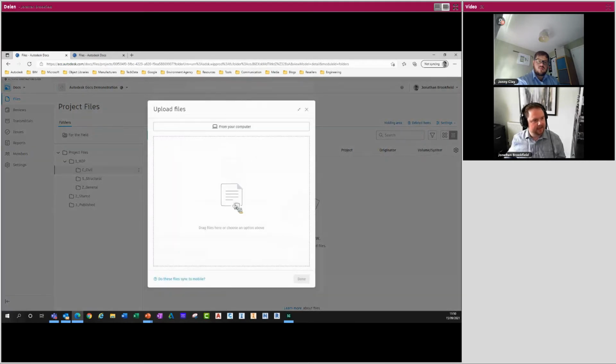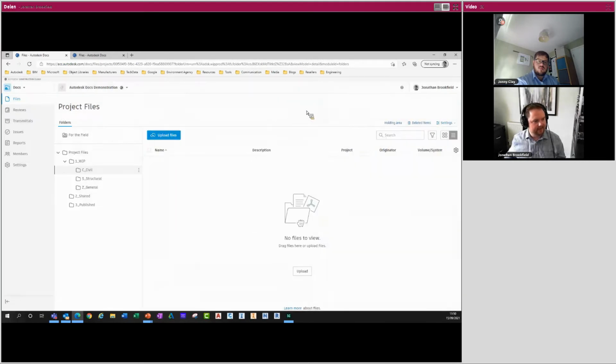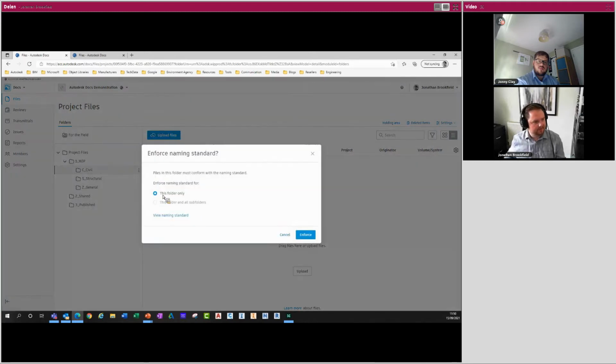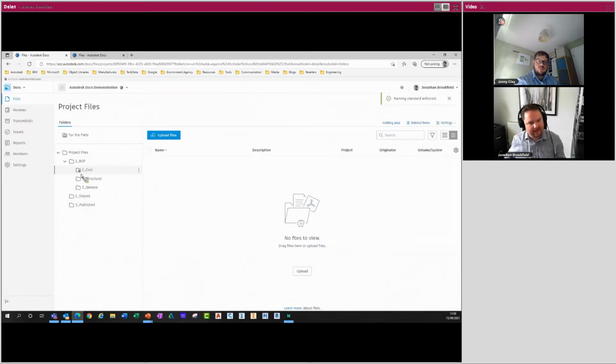If we apply, enforce a naming standard to this folder only. We can do this from the naming standard, but we can see with this tick and the little cog that a naming standard is now enforced on this project area. So if we start to upload files,